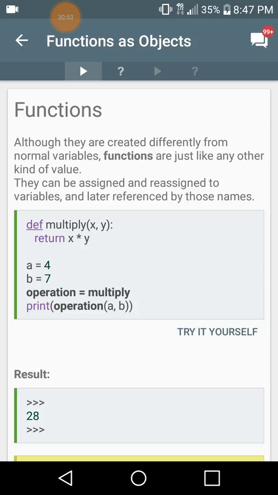All right, so on the right-hand side of the assignment equals symbol, we have multiply. On the left-hand side, we have a variable that is going to hold the value of calling multiply. It's kind of curious, though, because we have the name of multiply, but we don't have arguments after it. But when we go down to the last line of code, we have the print command, and in parentheses, we